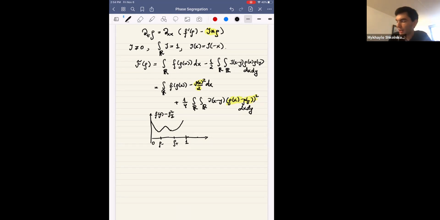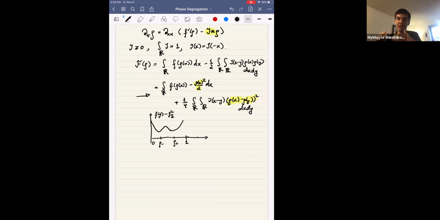All right, so you have these two minima, and if you look at the second expression for the energy, this expression here, you realize immediately that if I choose rho to be constant at rho plus or constant at rho minus, the energy will be equal to 0. So it will be minimized. So the two preferred configurations for my mixture are to be either in equilibrium within the oil phase or in equilibrium within the water phase.